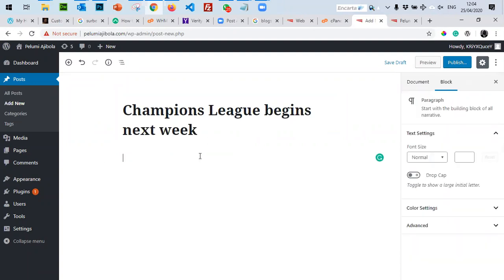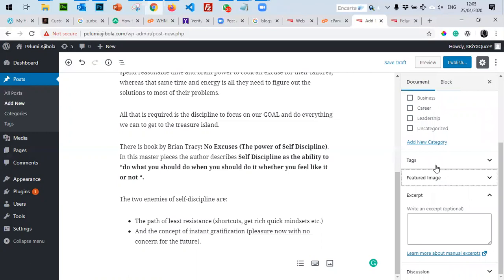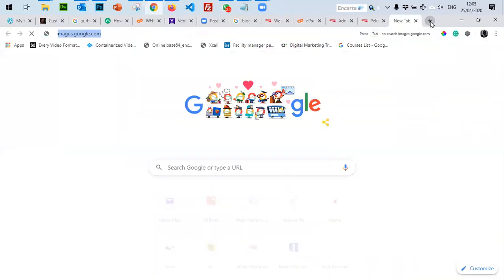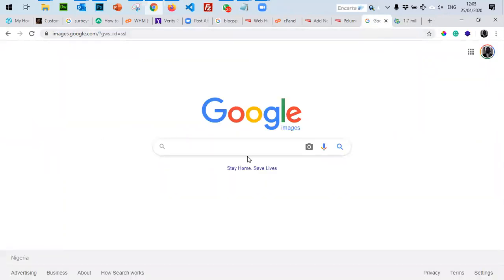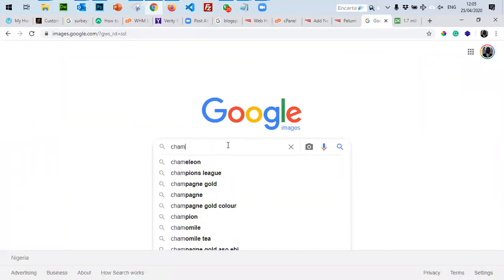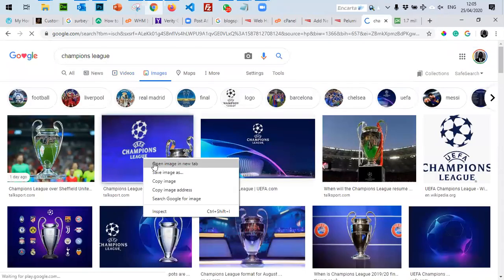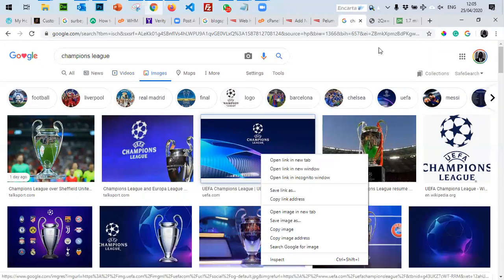I paste or type whatever content I want to type on that document, and I look at the image. For we that were at the last class, you remember how to go and get your images. You can check Pixabay if you're looking for high resolution images, because these are what makes your website fine. But at the moment, I'm sure I can find the Champions League image sitting somewhere on the internet that is safe to use without worrying about copyright. Let me use this one. This one looks sharper.